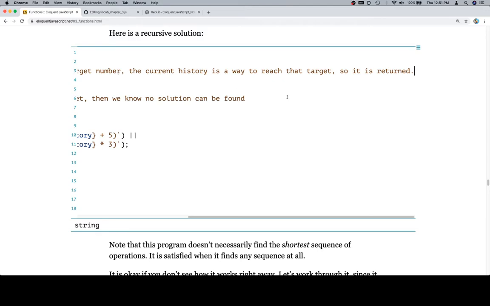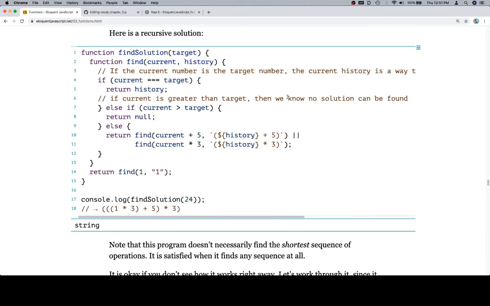Because as you can see, it's kind of awkward the way it is. It takes a long time to read it. So we'll say, if the, seems like a superfluous word, so we'll say if current number, current is going to be anything other than a number, so we'll get rid of that, is the target number, so we'll say equals, and then again, target is never going to be anything other than a number. So if current equals target, we've already shortened it a little bit,